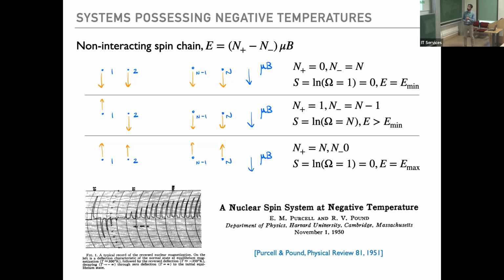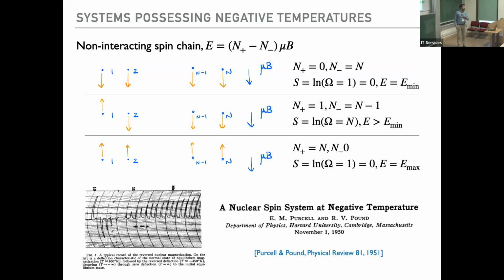Well, in this case, there is no notion of kinetic energy because there is no interaction between the spins. In this system you only have potential energy. But depending on the system or the mathematical model that you are considering, you might have potential energy, kinetic energy, both, and so on. But let's suppose that you are able, analytically, to write down the entropy versus the energy, and you find out that the entropy has some maxima. Then you can have cases where you might have negative temperatures.